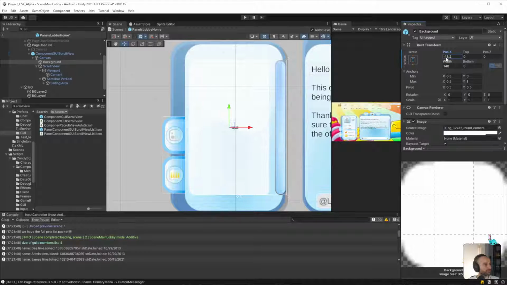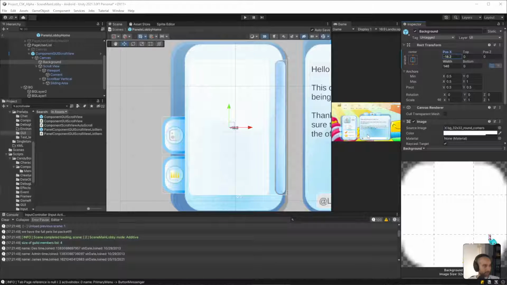Offset, let's move this back. So how much do we want to move this back? It would be 164 minus 140.